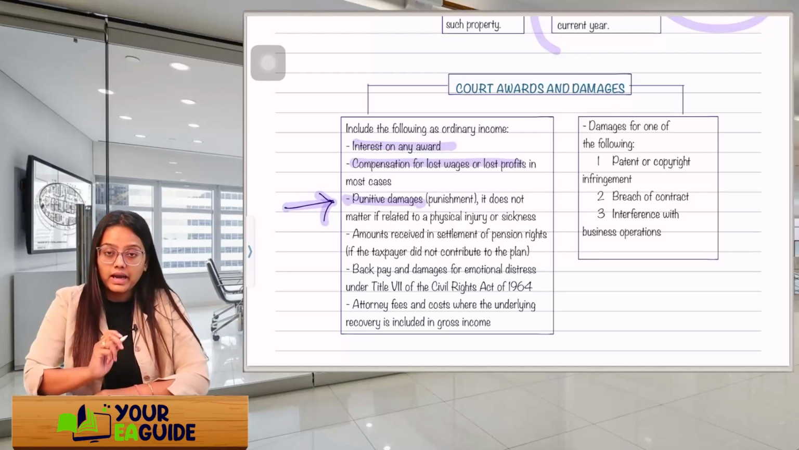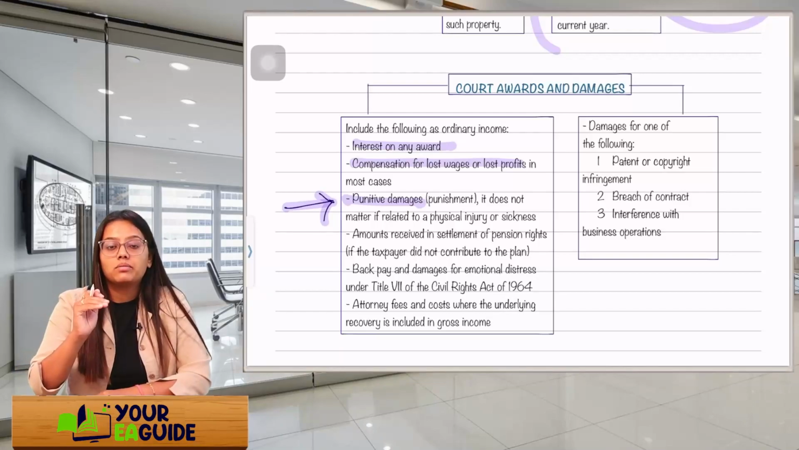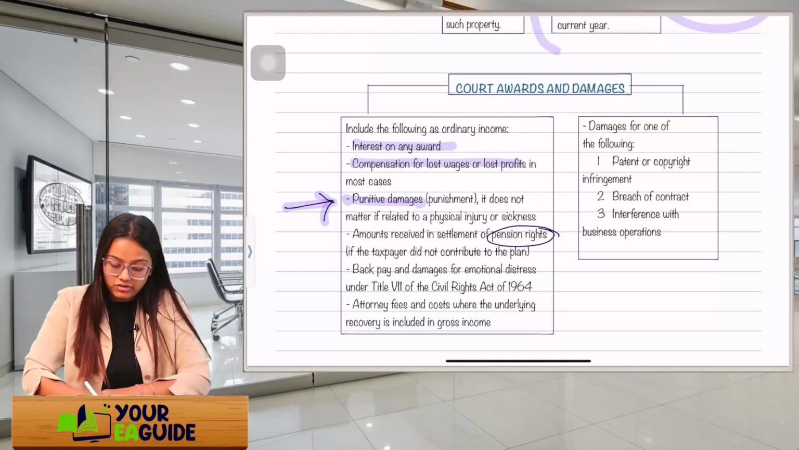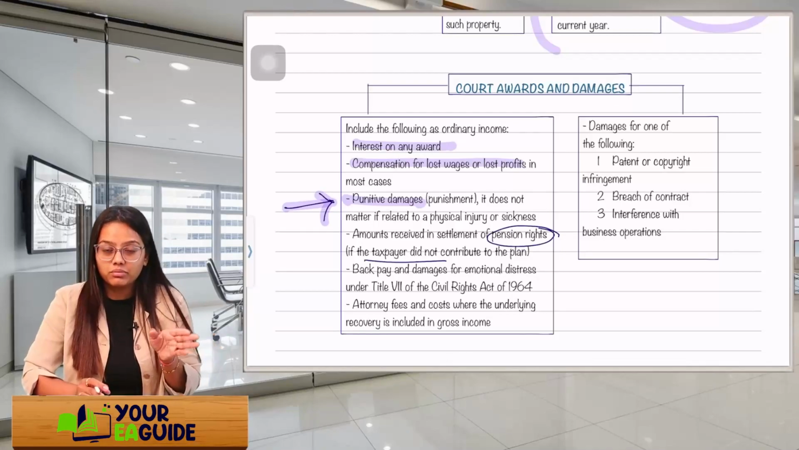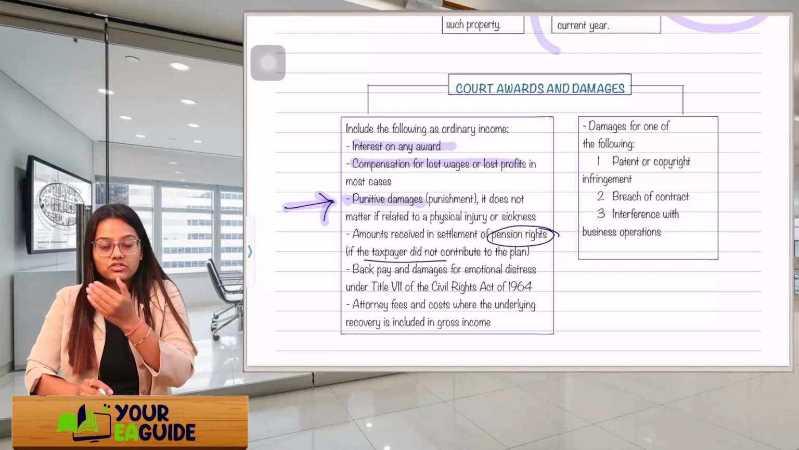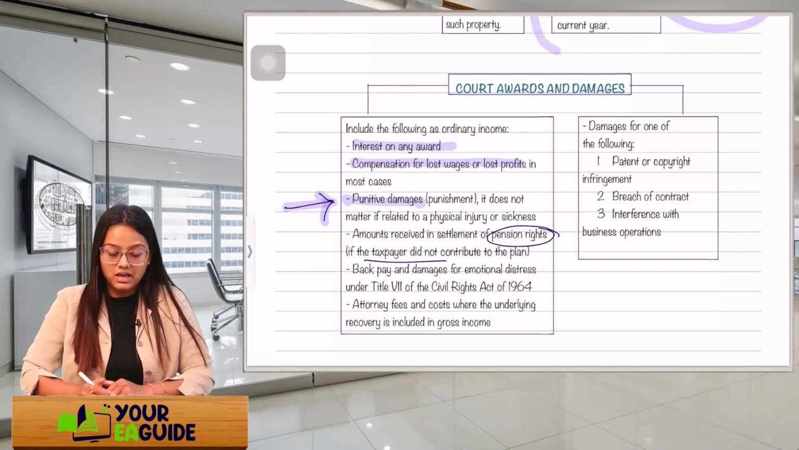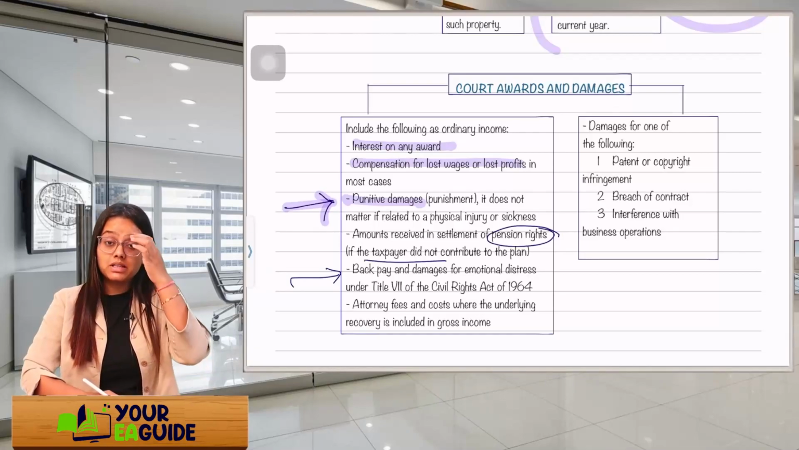Okay, so any punitive damages which you receive are taxable, it does not matter if related to physical injury or sickness. Amount received as a settlement of pension rights if the taxpayer did not contribute to the plan. If you're not contributing and you're straight away getting the settlement for pension rights, then it is taxable. Next is back pay. We have already seen the back pay in case of wages, but this back pay is